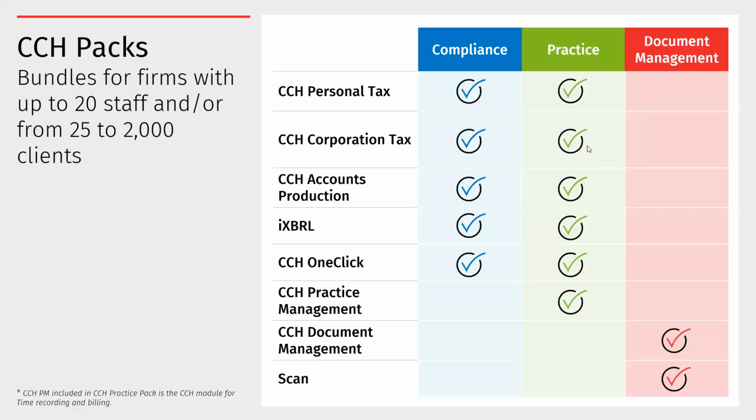So if you're just buying accounts or you're just buying tax, you will get CCH Central, and of course CCH Central is part of the practice packs. So whether you buy a compliance pack or whether you need time and billing and you go for a practice pack, you could then choose to bolt on the document manager, and the document manager does what it says on the tin. It is a central area where you can store all your documents, whether that be documents that are generated from CCH, such as accounts and tax or mail merge letters,